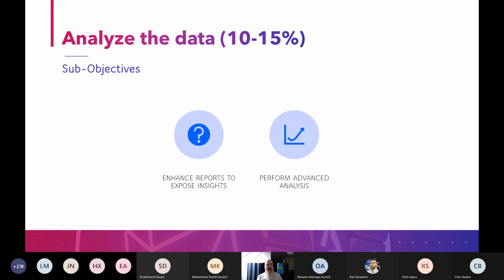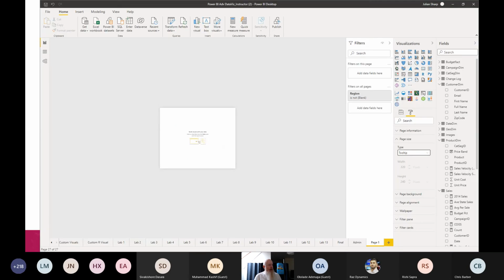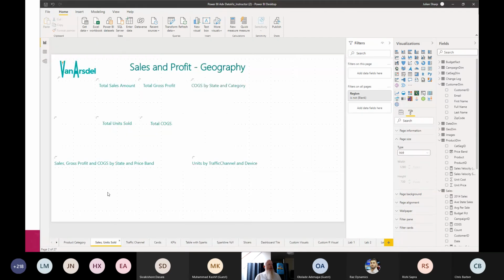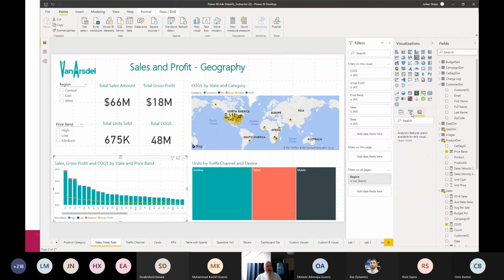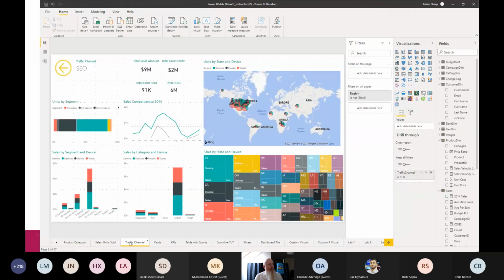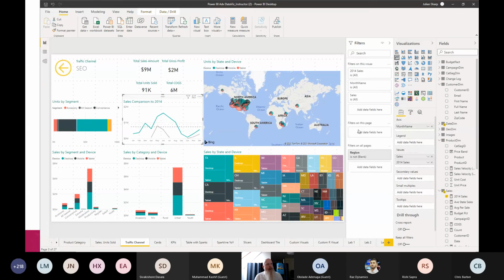Another really important one is the analytics pane. Let me go back to it. I'll just show you this one. Can I put a forecast line in? I'm not sure I can on here. I haven't got the right chart type for it, but maybe putting in forecast lines, putting in reference lines. So I haven't got reference lines. But if I did, I've got a bar chart. I haven't got one that I've got ready. But yeah, maybe I could put reference lines in here. Go add those in.